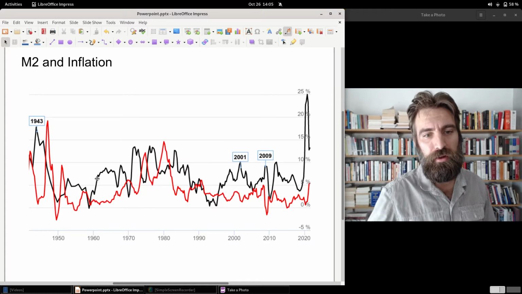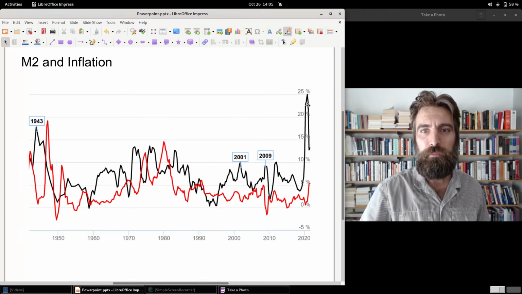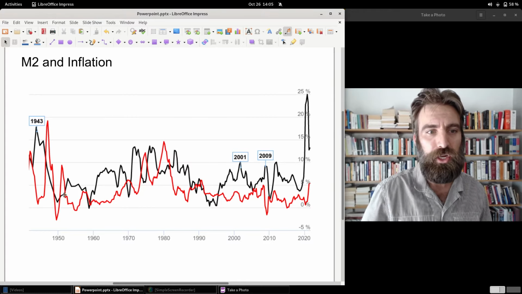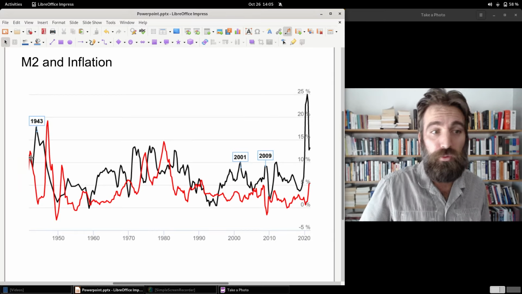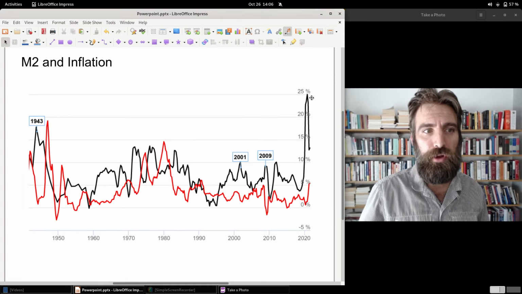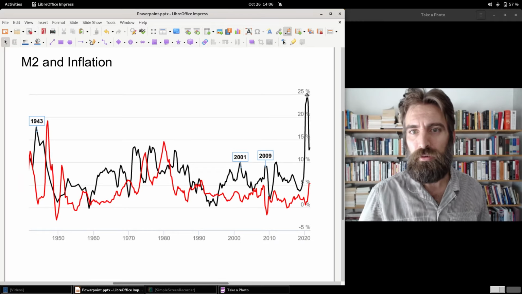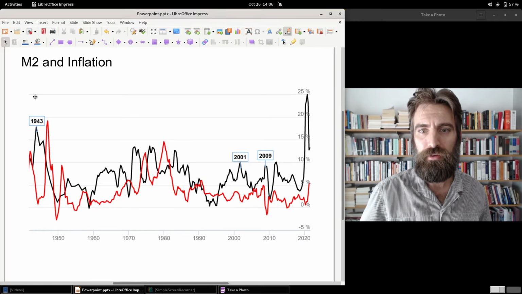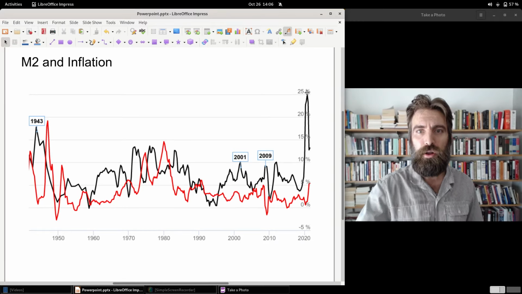This is a chart of M2 and inflation. M2 is in the black and inflation is in the red. This is since World War II. And by the way, you'll notice... Okay, I was a little off there. 25% increase. You'll notice